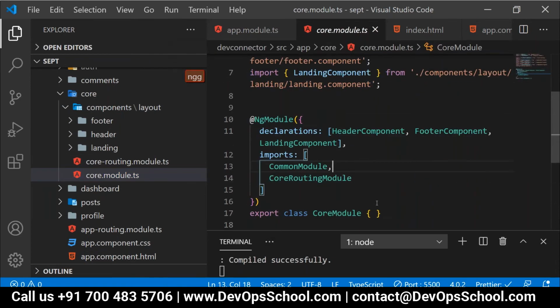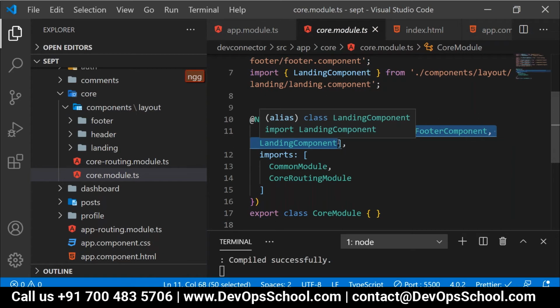Inside the core module, have we declared 3 components or not? Have we declared 3 components through the command? And have you observed that messages of 4 files creation we got, and at the end we got an update in core.module.ts? What was that update?